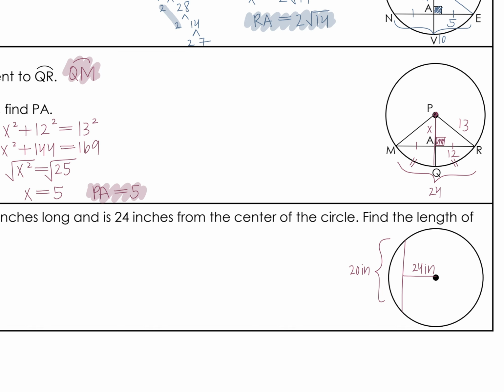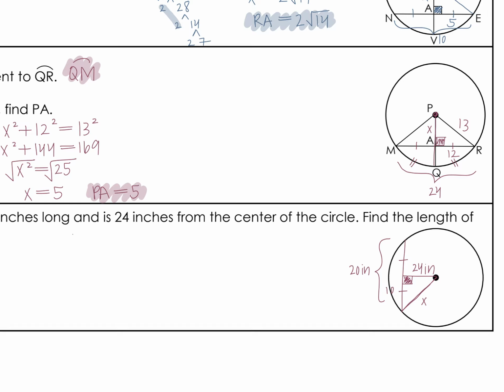So I'm going to just draw a line here from the center to the end of that chord. And this is the length that we're going to find here, that radius. So when I drew that distance from the chord to the center, I drew it to be perpendicular, and therefore we are going to once again use Pythagorean theorem to solve. And we can use that length of 24 and half of that 20, which will give you 10 inches